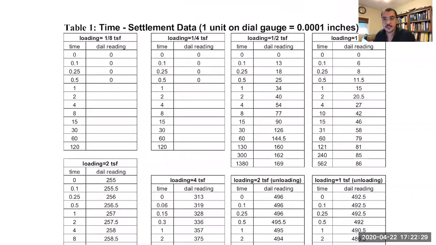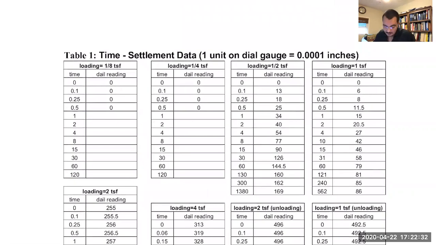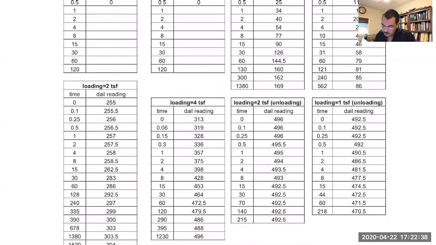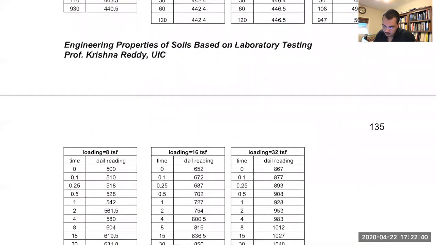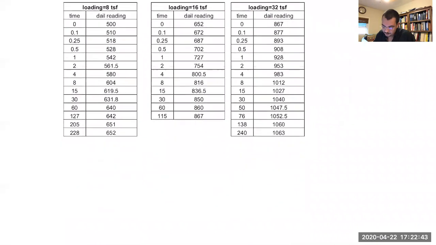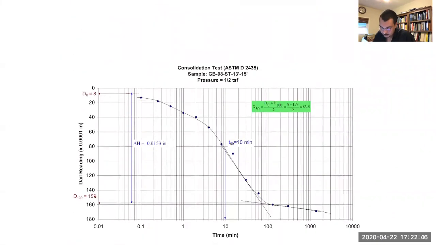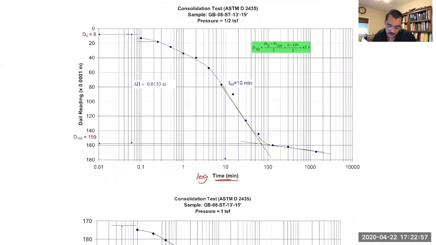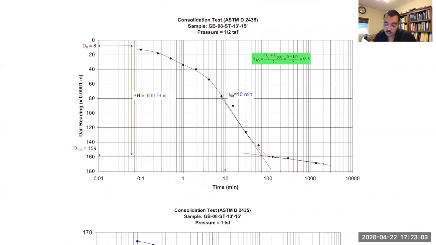So basically, these are the loading sequences that we're going to use. We have 1/8, 1/4, 1/2, 1, up to 4. Then we do unloading, and then we load it all the way up to 32 tons per square foot. And for each of these loading sequences, you will have a graph, time on a log scale, and you'll have a dial reading on the y-axis. And from this graph, if it's log time, you can only use Casagrande's method to get